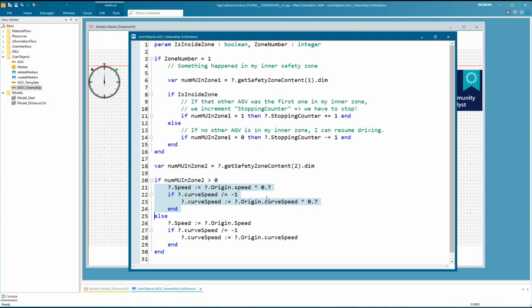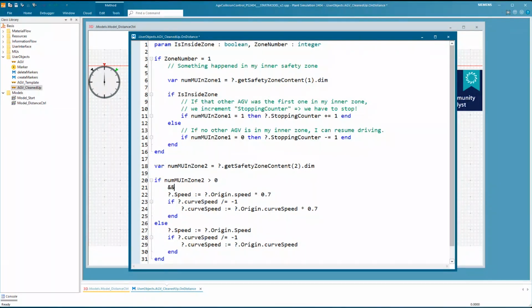In case there's also somebody in my inner zone, this stopping counter is incremented. So as long as that is greater than 0, I cannot move, no matter what speed you set. But assuming that this one is 0, down here we will set a 70% speed limit while any other AGV is in my outer safety zone.